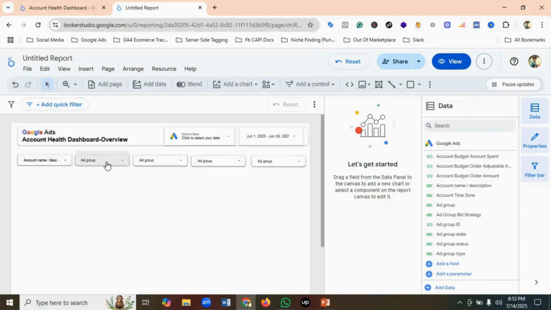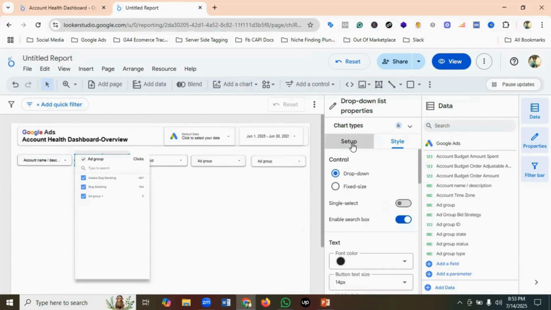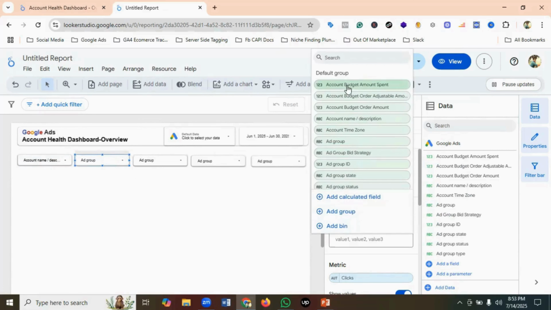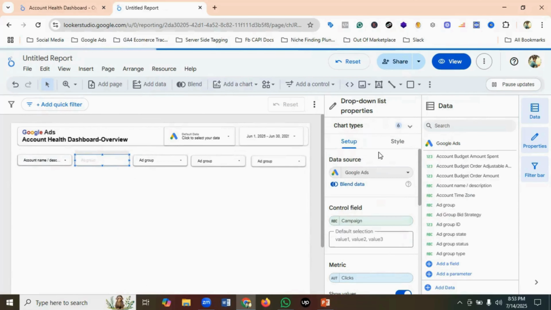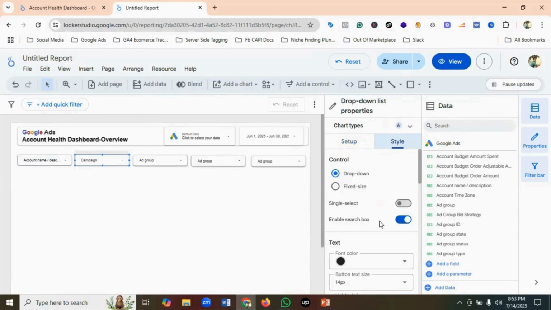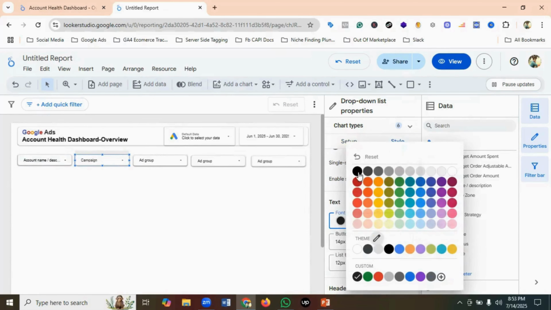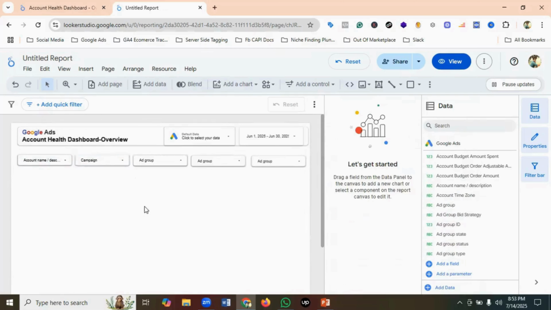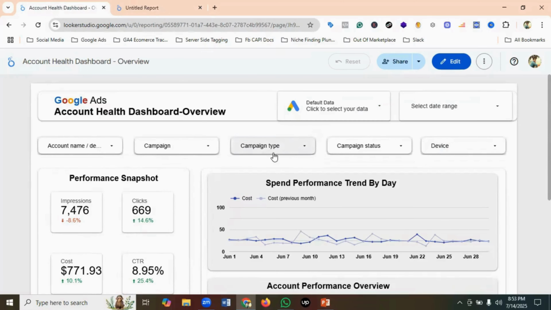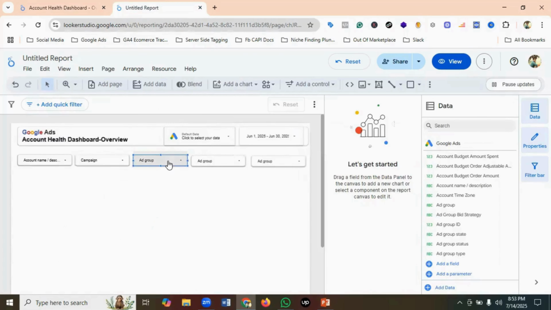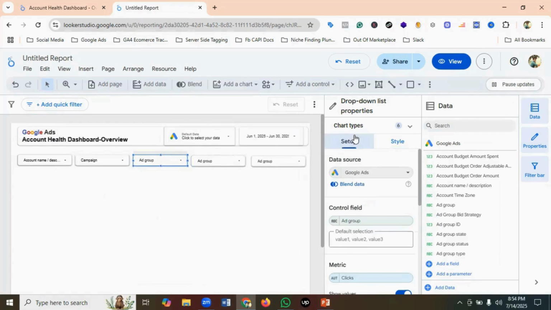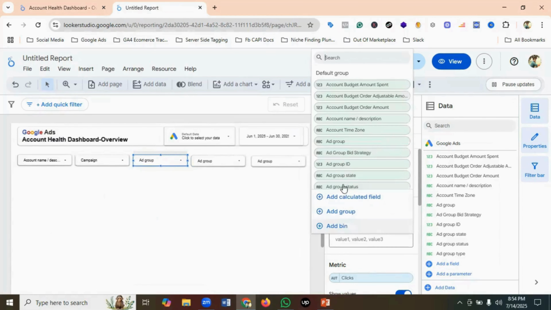Then the next drop down list name would be campaign. So I'm gonna search for campaign. So campaign is over there. Then I'll go to the style section and I'm gonna change the text color. Okay. Then the campaign type, campaign status, and device. So I'll go to there and change